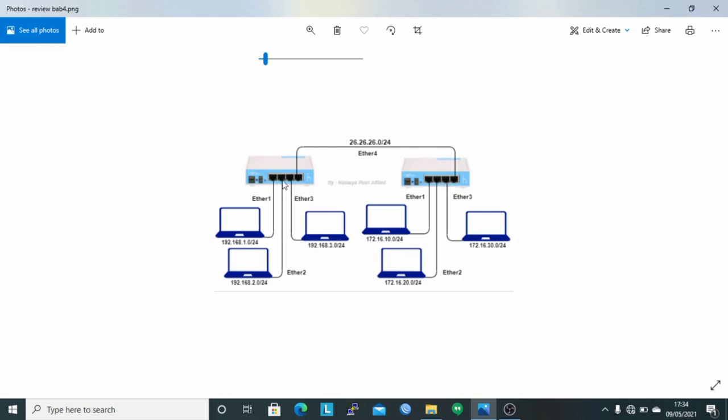For router 1, client 1 uses the IP network 192.168.1.0/24, client 2 uses the IP network 192.168.2.0/24, and client 3 uses the IP network 192.168.3.0/24.